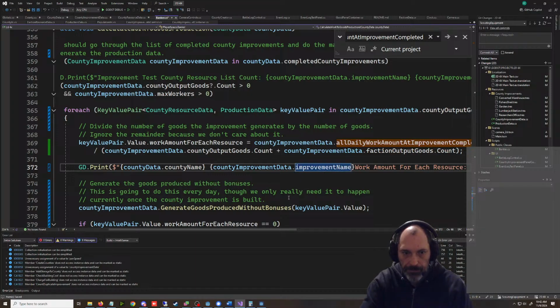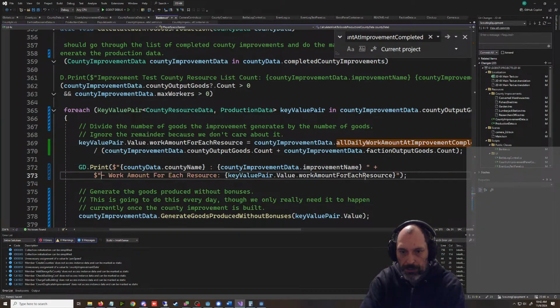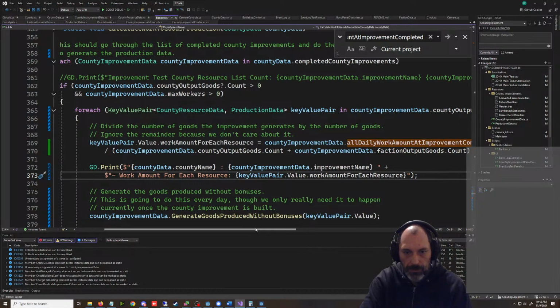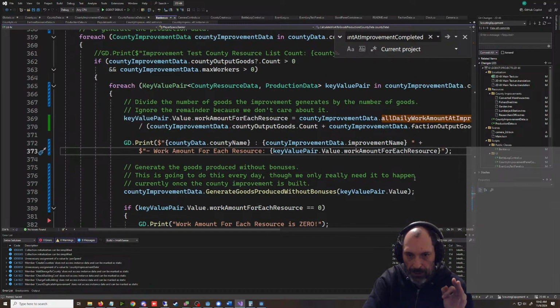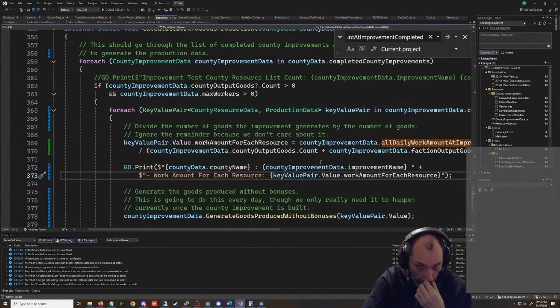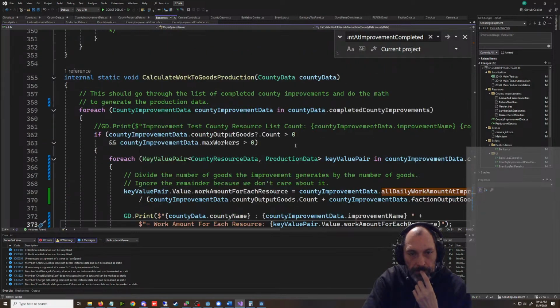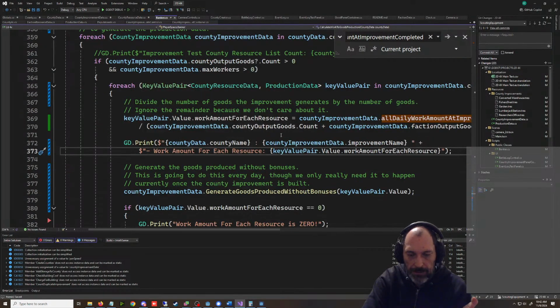Improvement name. And then we'll put this down here. Work amount for each resource. Yeah, so that's going to be the higher, it should be a somewhat large number because it's like,